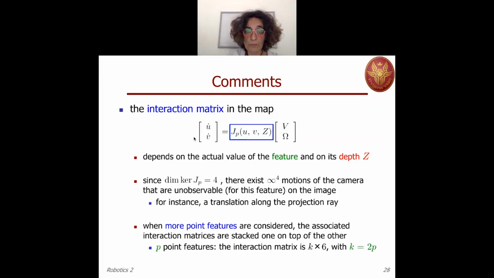Now, let's analyze the structure of this interaction matrix. The interaction matrix, in this case for a point feature, is a 2 by 6 matrix. So the dimension of the kernel, the null space of this matrix, is equal to 4. So this means that there exist infinitely many, to the power 4, motions of the camera that are not observable for this feature. So, for example, if I'm looking at a feature